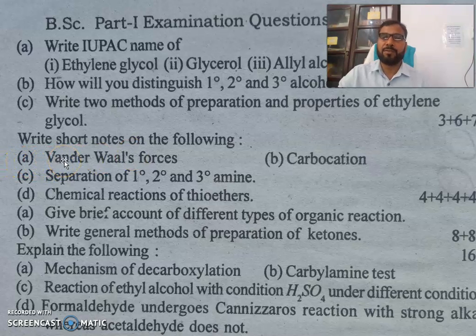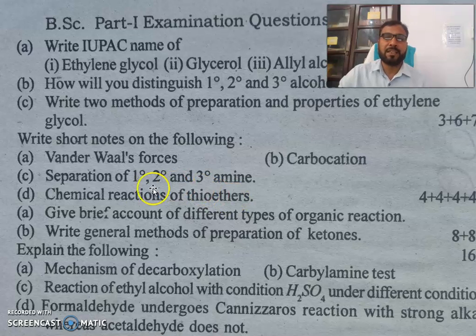Write short note on the following: van der Waals forces, carbocation, separation of 1 degree, 2 degree and 3 degree amine, and chemical reaction of thioether. Now for chemical reactions of thioether we have the 4.5. So how many chemical reactions will you write? At least you have to write 1, and if you have in memory you can write 2 maximum,